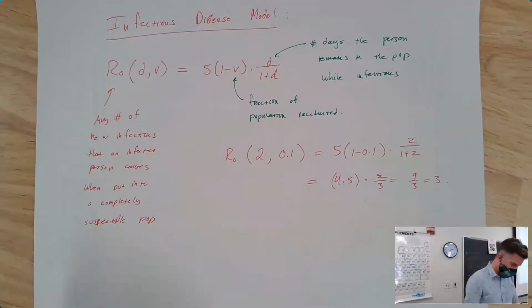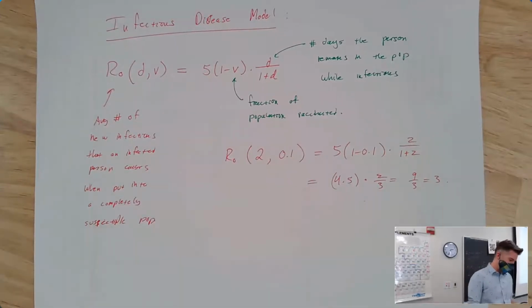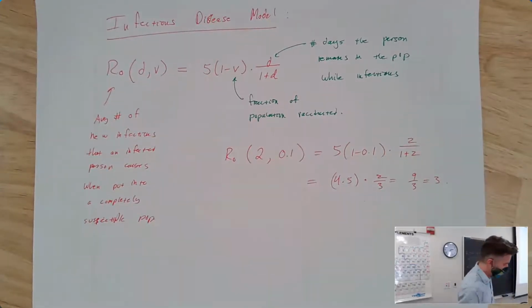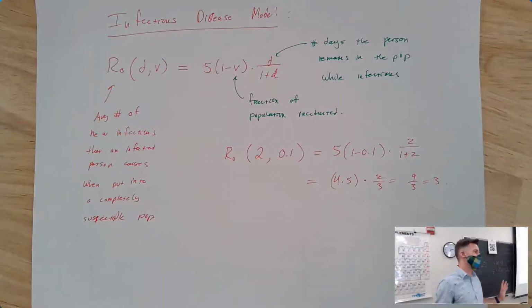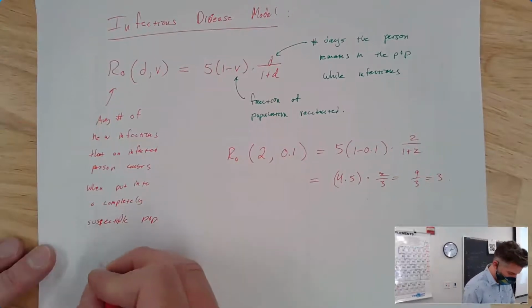So here's what we want to talk about. I'm just going to read this part because it's a lot of words to write. Suppose public health officials are considering a reallocation of resources that will increase the vaccination rate, but comes at the cost of increasing the number of days that an infected person might be in the population. I don't know why that actually makes sense. Why would increasing the vaccination rate mean that someone might stay in the population longer? I don't know. But we're trying to make a question where we actually have to do something that makes sense. So we're really asking the question,